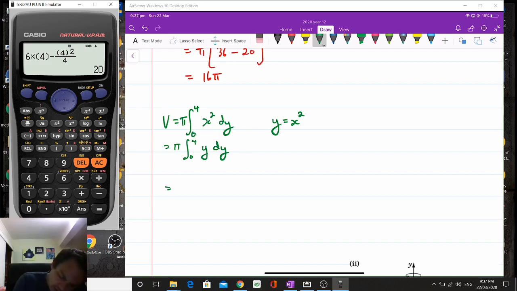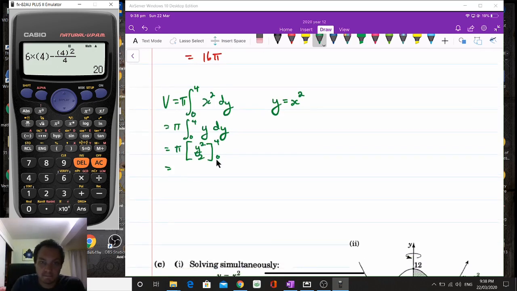that means we're going to get, I've left the spacing, pi by y squared over 2 between 4 and 0. Okay, I'm not going to bother using the calculator for that, because I know that the 0 is going to be nothing anyway, so we'll get pi by 4 squared, which is 16 over 2, which is 8, minus 0, which is of course 8 pi, and therefore the volume